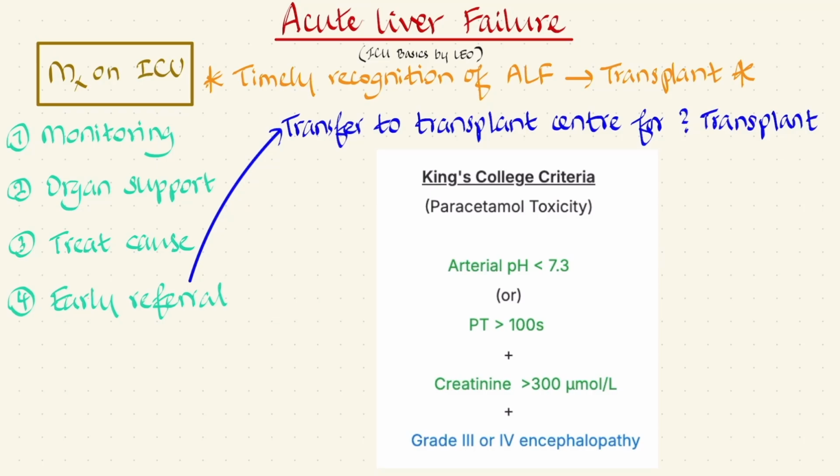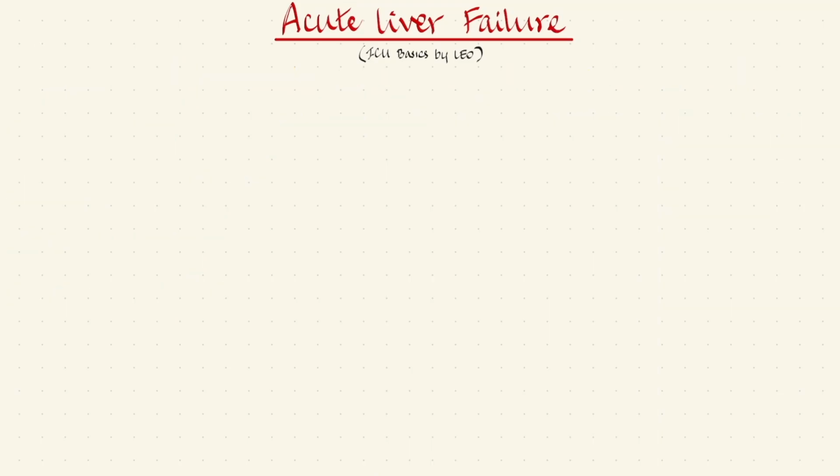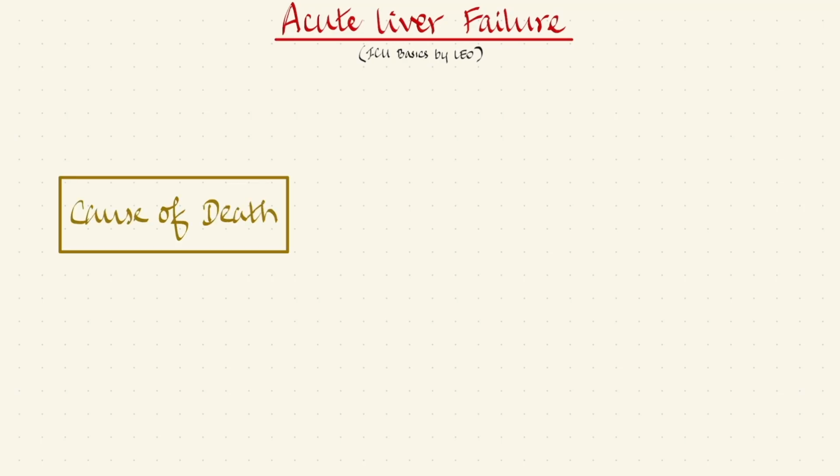For other causes of acute liver failure, the factors to predict poor prognosis, which I have already discussed at the beginning of this video, would be indications for liver transplantation. In patients with acute liver failure who have poor prognostic factors, chance of survival with medical therapy alone is less than 10%. The major cause of death in patients with acute severe liver failure without any stigmata of chronic liver